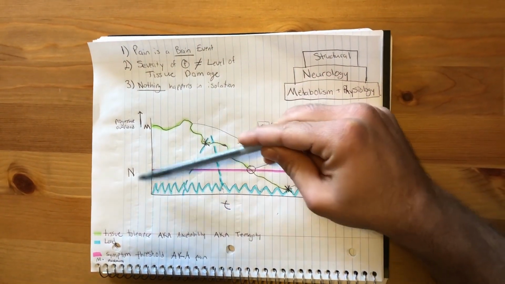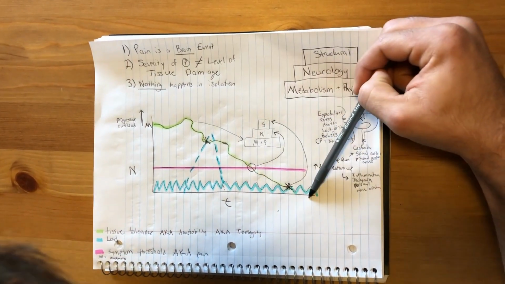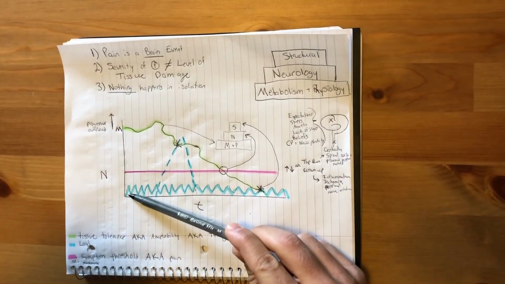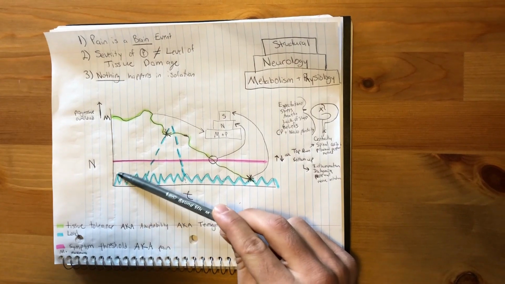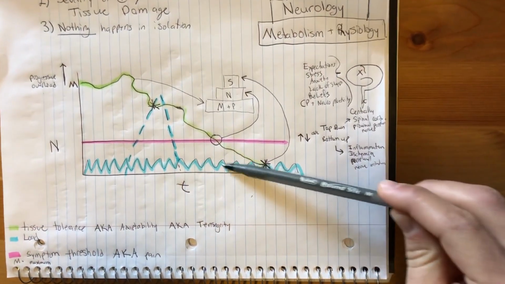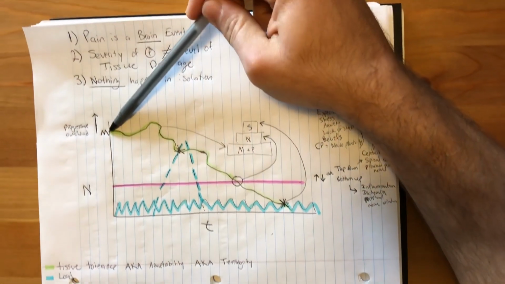This axis here is force. This axis here is time. So force in newtons. The blue line here represents load. So repetitive strain, not a lot of rest. It's just occurring load, load, load, load. This green line here